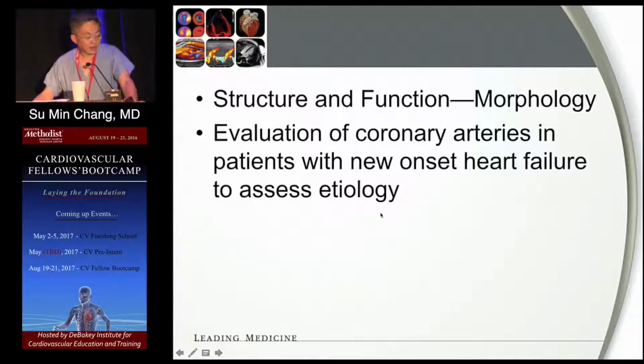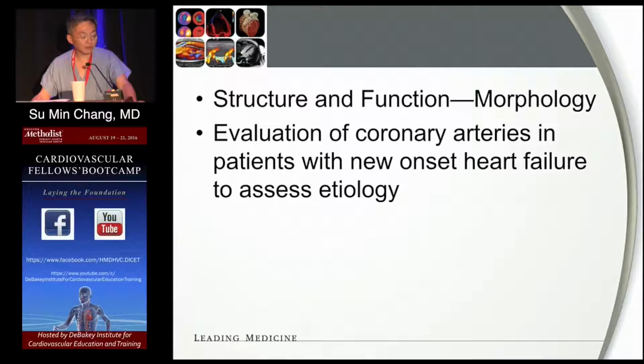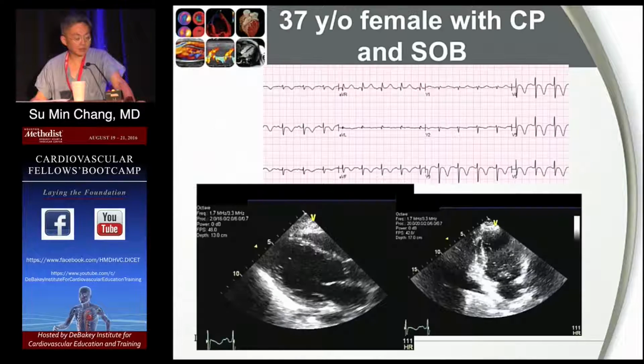So that indication is very useful, but not used enough, I think, for assessment of a patient with new onset heart failure, to determine if it's ischemic or non-ischemic. For now, we usually do a stress test. MRI is very good in determining ischemic and non-ischemic, but as most cardiologists, you want to know the coronary anatomy, okay? So just some examples: a 37-year-old female with chest pain and shortness of breath with very dramatic ECG changes,